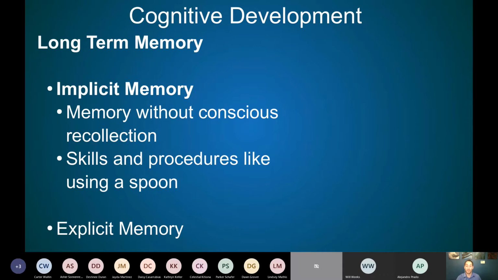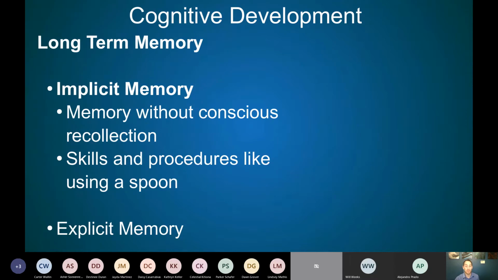That is something that would be in your implicit memory. Being able to shift on my motorcycle is in my implicit memory. So I don't have to consciously think, like visually, how do I shift, at the same time as I'm doing it, right? So it's in my implicit memory, which is part of my long-term memory.